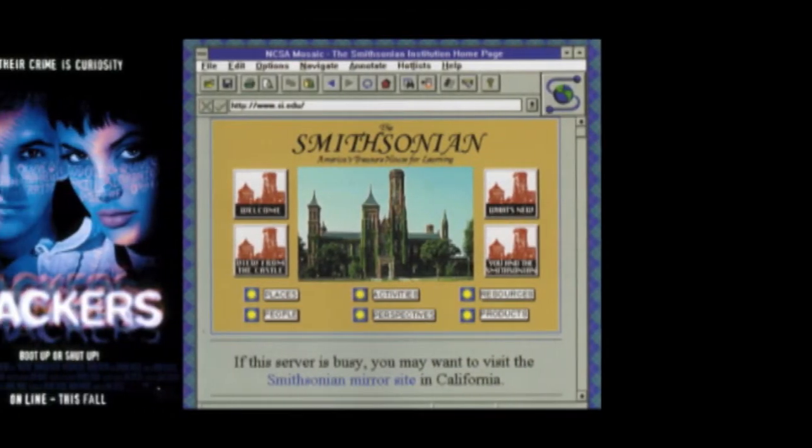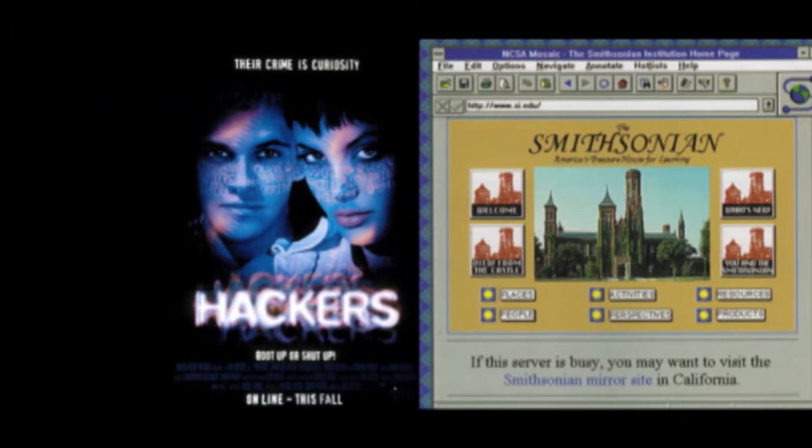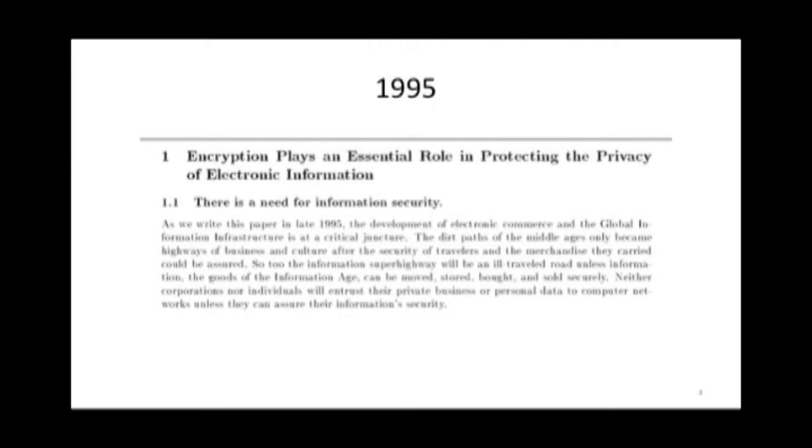So too, the information superhighway will be an ill-traveled road unless information, the goods of the information age, can be moved, stored, bought, and sold securely. Neither corporations nor individuals will entrust their private business or personal data to computer networks unless they can assure their